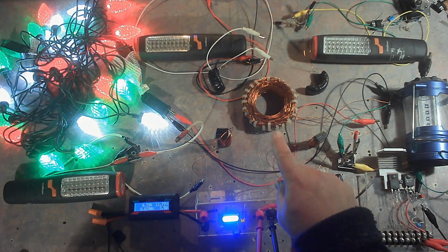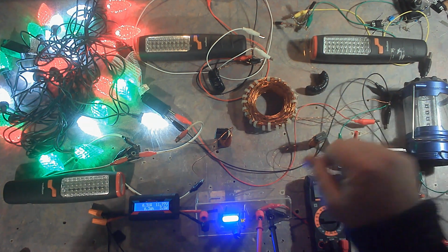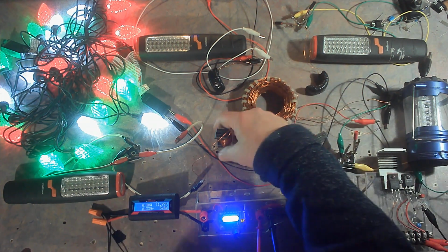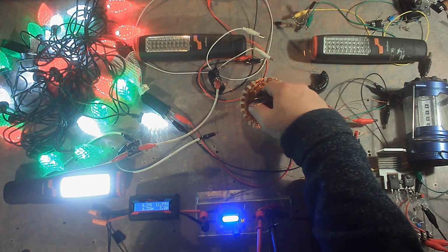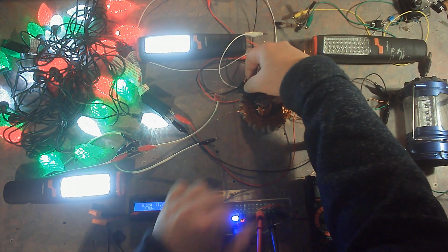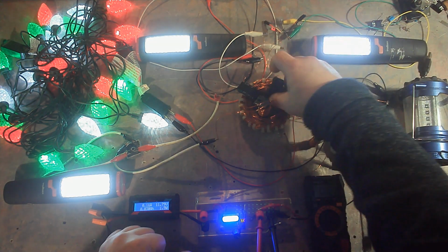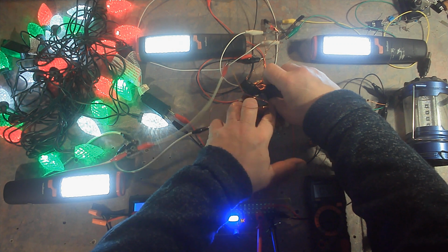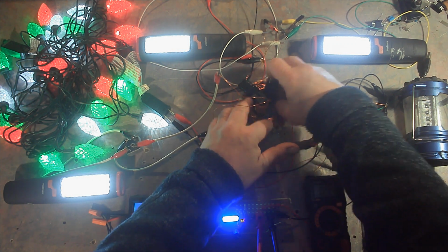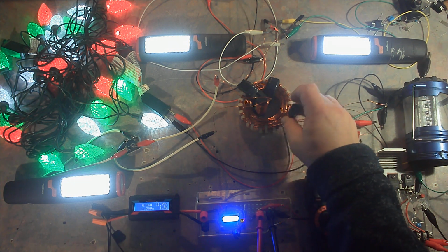All right, so now I'm going to attempt to add ferrite cores to the center and see how many flashlights turn on. We got 1, 2, 3. The pièce de résistance,